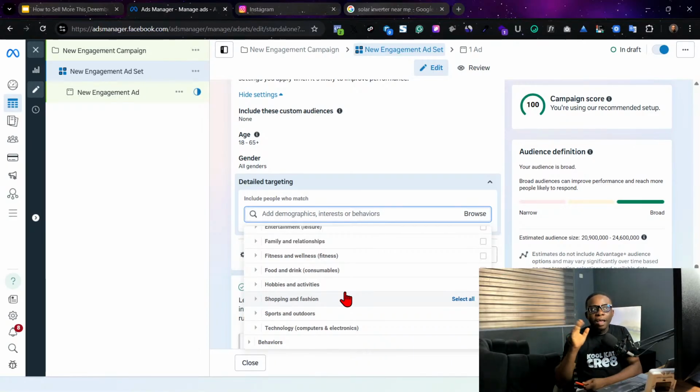Like, oh, hi, are you having a solar problem, or do you want to reduce... whether you are targeting someone that is selling products. So for someone that's in solar, you're not targeting interest as per someone that has searched things about solar. You're targeting interest based on business people. Let's use business people as an example. You can categorize your interest into three: household, business. Let's go for the business: people that use lights frequently, businesses.